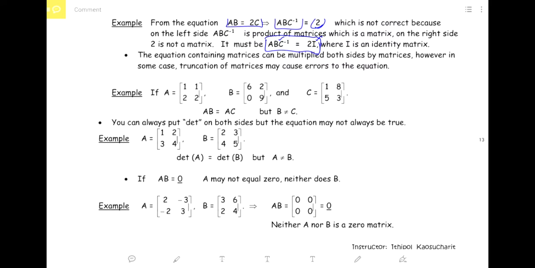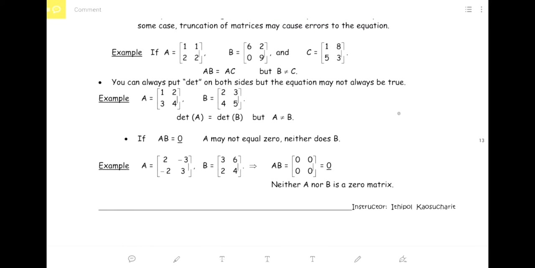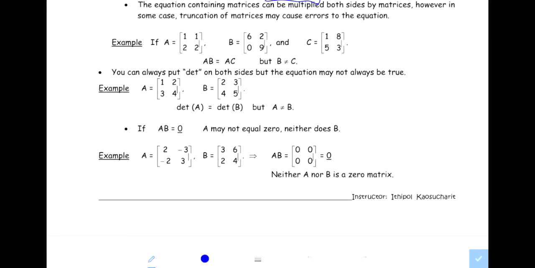So next one. Here is what I saw in exam very often. Exam will just ask you something like this: if A times B is equal to A times C, then... it's not going to be "not equal", it's going to ask you "equal". If A times B is equal to A times C, then B must be equal to